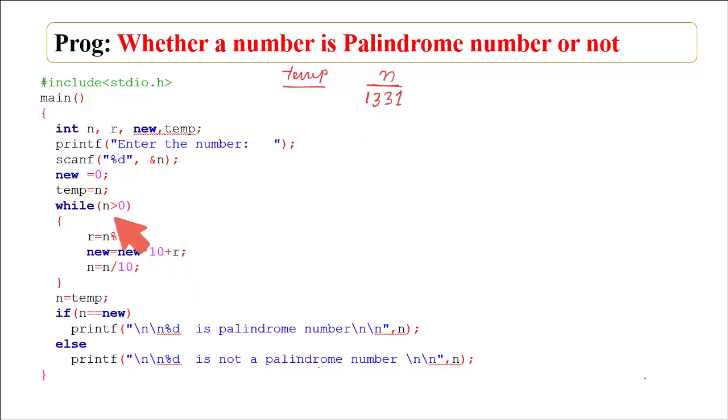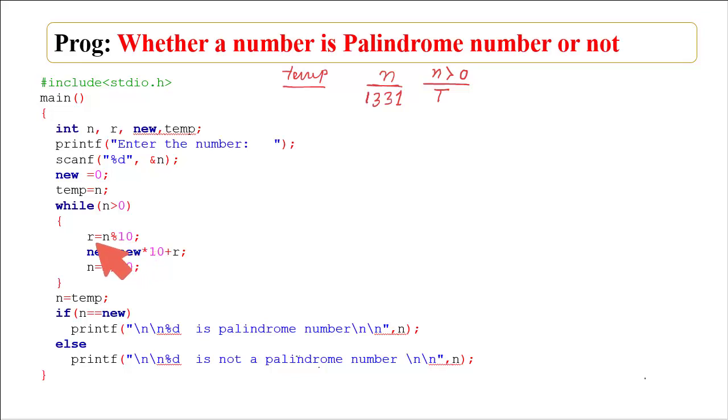Say from the keyboard I have put one number which is 1331. First it will be checked whether the number is greater than 0 or not. So while the number is 1331, n is greater than 0, so this will provide a logic true signal. It will enter into the body.